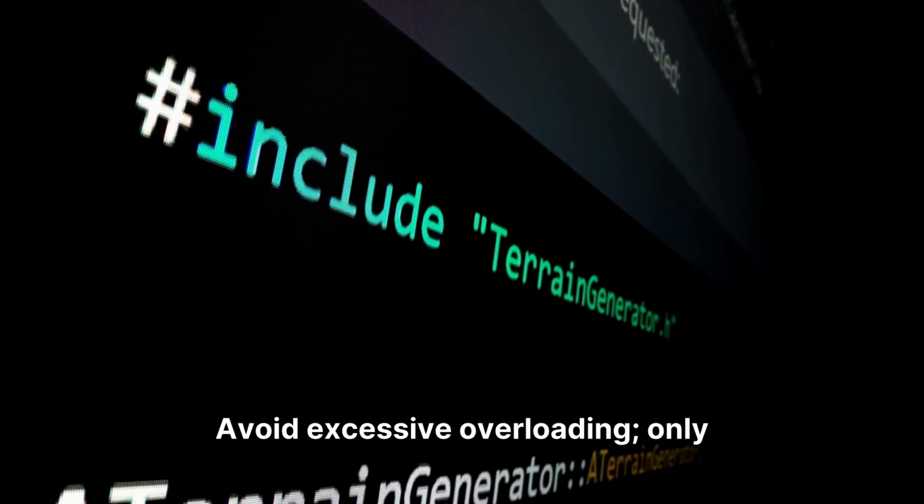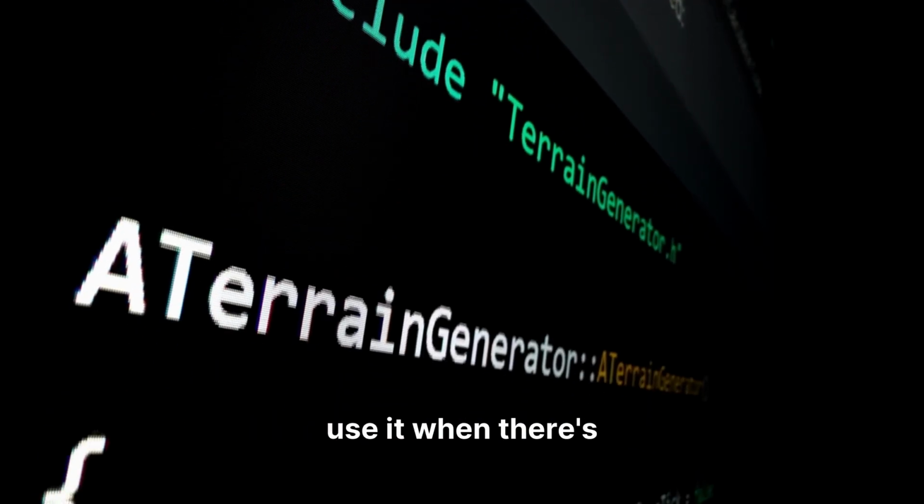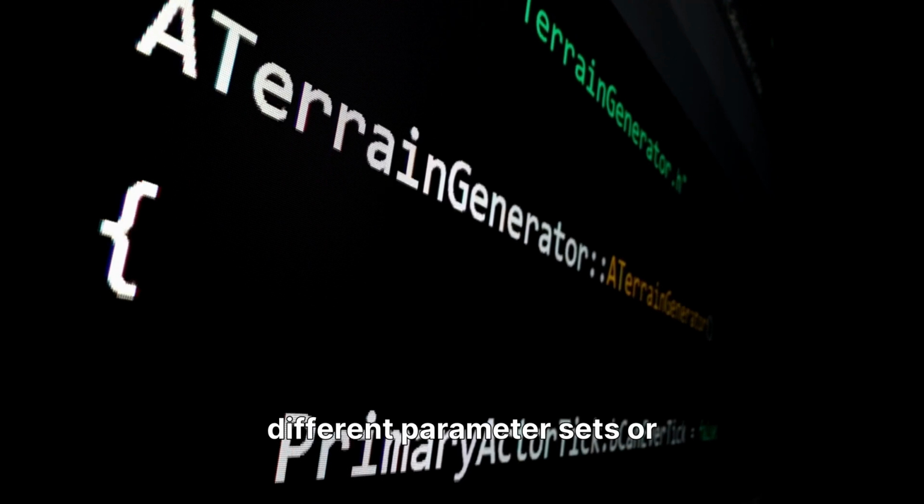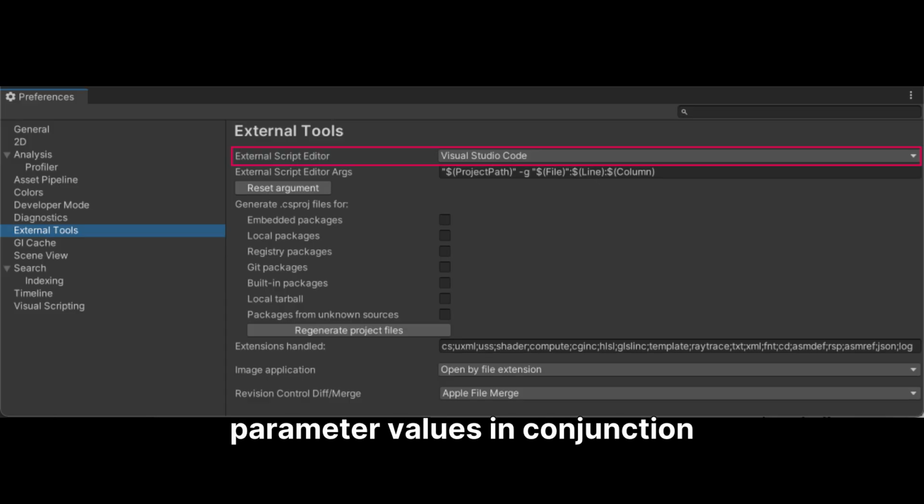Avoid excessive overloading. Only use it when there's a clear need for different parameter sets or data types to prevent maintainability issues and code bloat. Be cautious with default parameter values in conjunction with overloading, as they can sometimes lead to ambiguity or unexpected behavior,